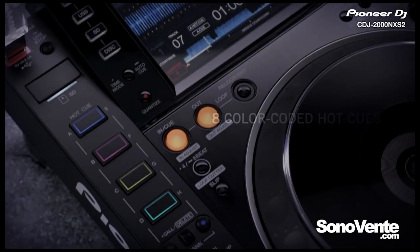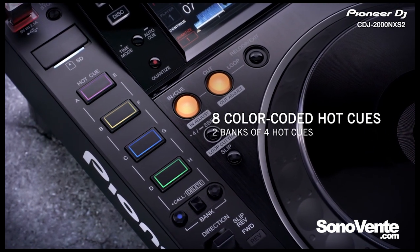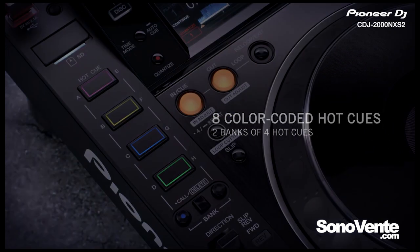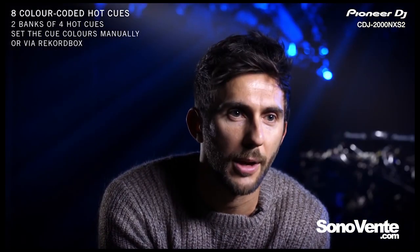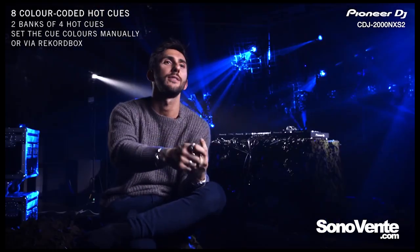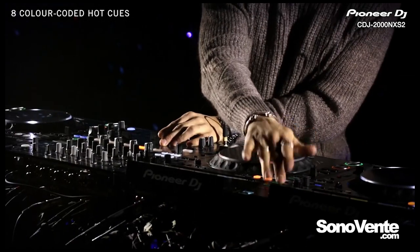On the old CDJs, we had 3 hot cues. On the new CDJ, we now have 2 banks of 4. For myself, being in the studio, I like to dissect each record, and it's very, very simple. You do this in Rekordbox. Red for acapellas, green for drums, blue for synths, and if you like to shoot things off the fly, it